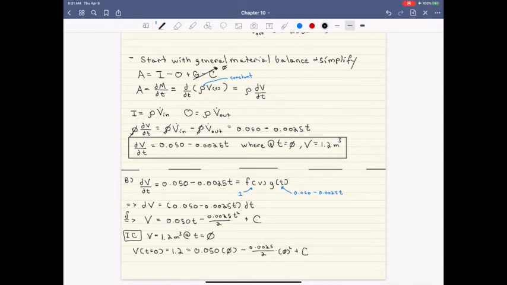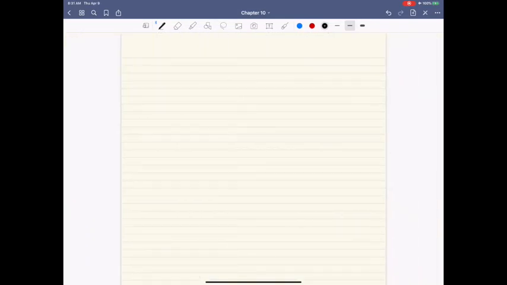That goes away, and that goes away, and so ultimately our unknown constant is just equal to 1.2. If I go to the next page here, we can now write our v of t expression, our volume, as equal to 1.2